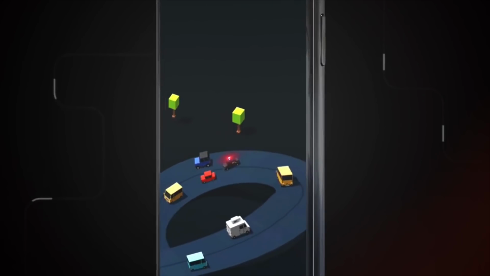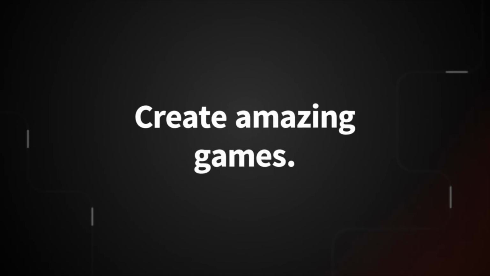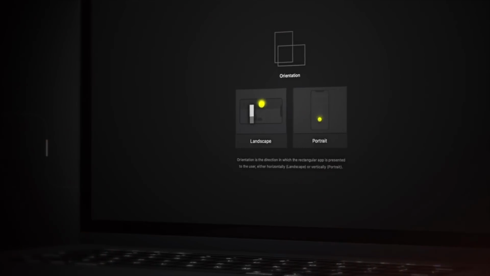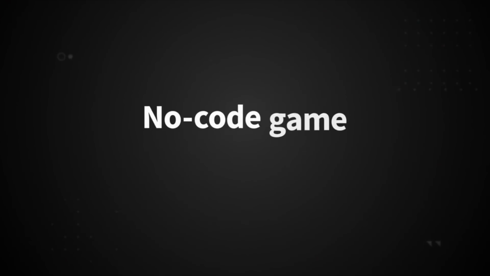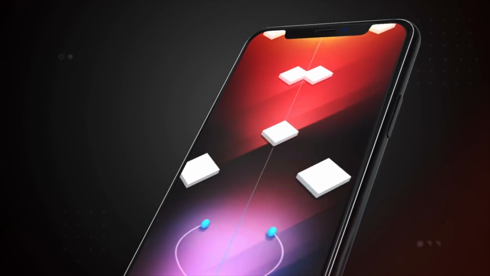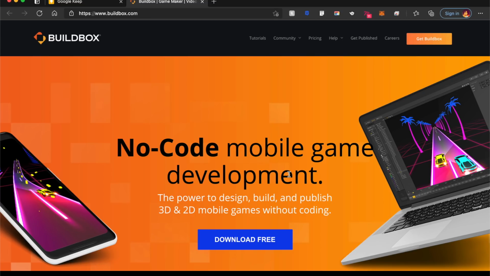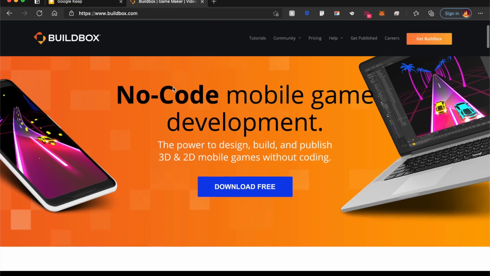I don't know about you guys, but as a kid, I was super excited when I played a game. And I always used to wonder, what if I could make a game myself? But what if I told you games like Color Switch, which is very popular by the way in the Play Store and App Store, was made with a tool called Buildbox. Buildbox in itself is kind of like a gaming engine. Best part is it's not very heavy. It can run both on your Mac as well as Windows, and it has various levels of flexibility.